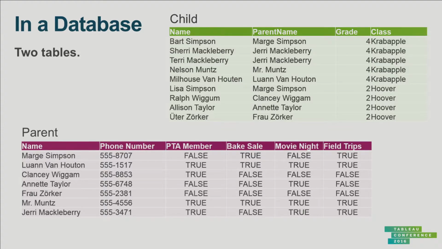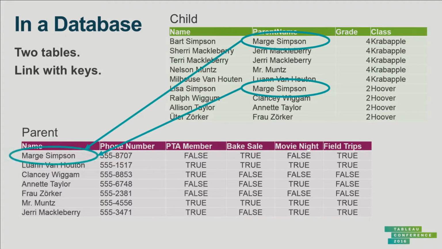So that parent name field that I've added refers to the parent table and the key in that table. So this is sort of the linking field you can think of that tells me how I connect these 2 tables together, right? Bart's parent is Marge. Marge shows up in the parent table. Okay? And we're going to use that. We're going to use that quite extensively.